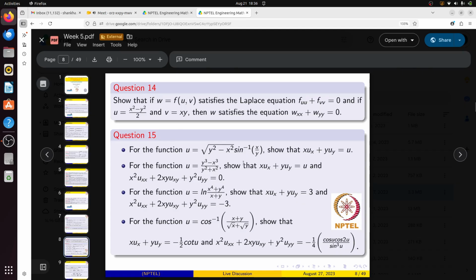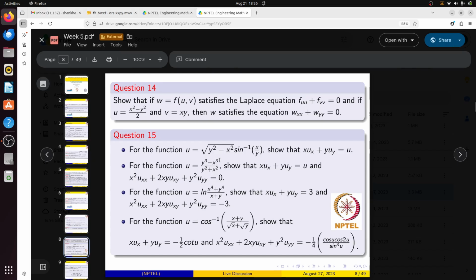So for the function u equal to square root of y square minus x square times sin inverse x by y, you need to show that x ux plus y uy equal to u. So this is a problem that is called Euler's theorem. So what does Euler's theorem say? This u equal to square root of y square minus x square times sin inverse x by y, this is actually